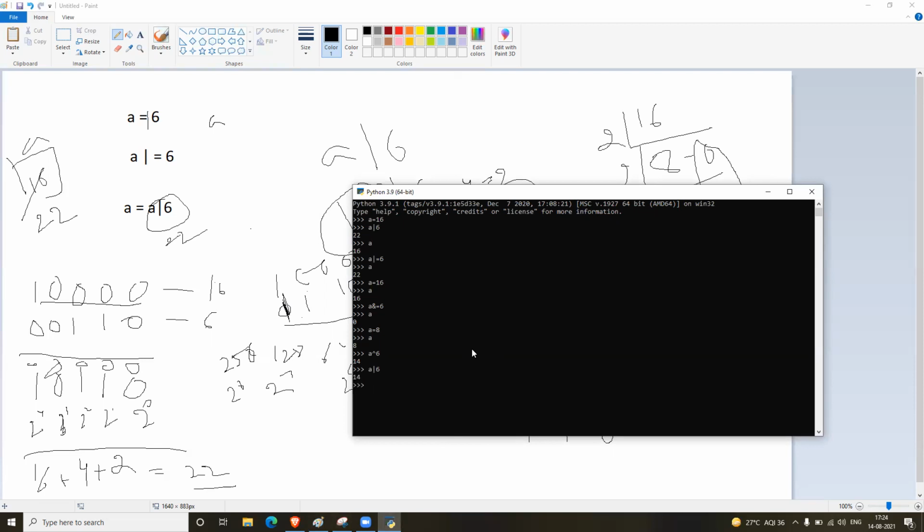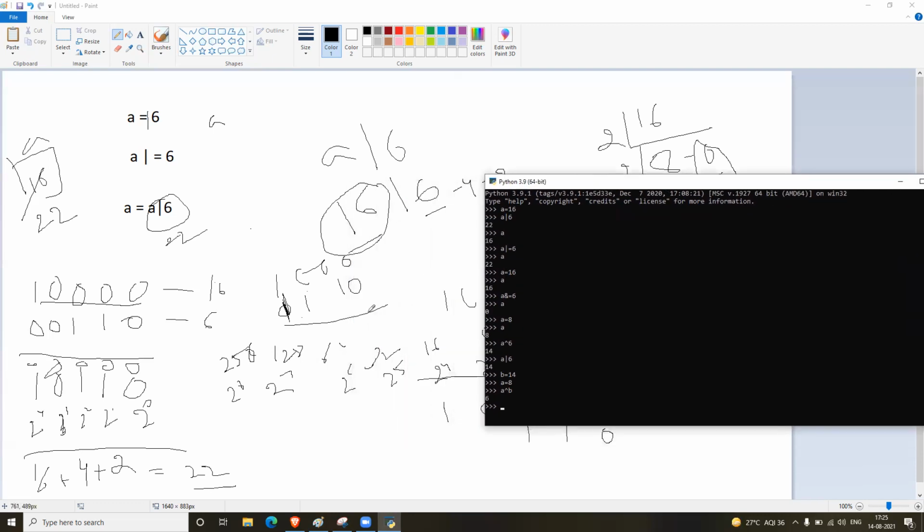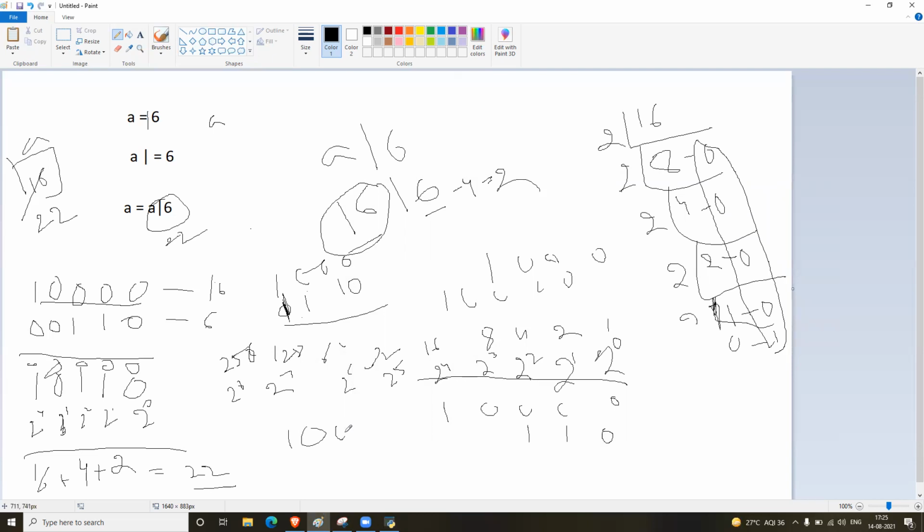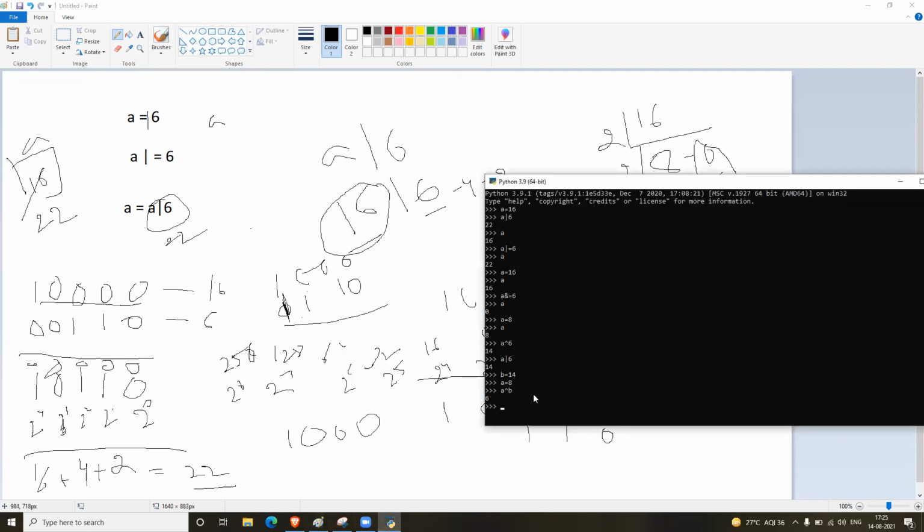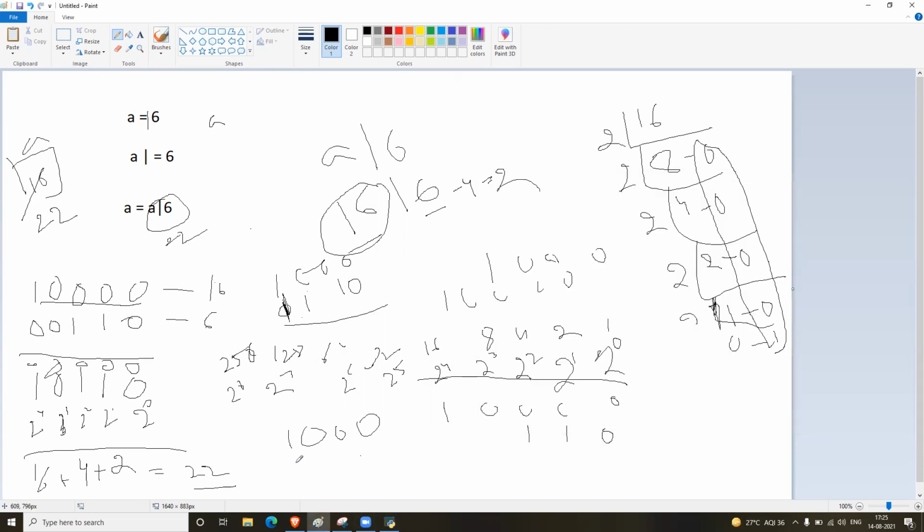So let's keep B is equal to 14. A is equal to 8. A XOR B became 6. You know what the difference is, 1000. Or let's say A or B, what it is showing is 14. What is the difference? This is 1110. So if I do the XOR operation,